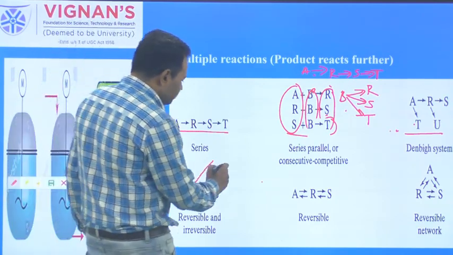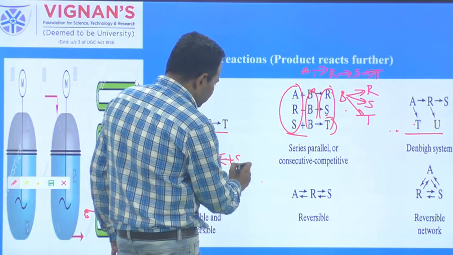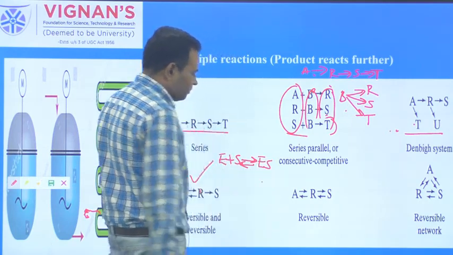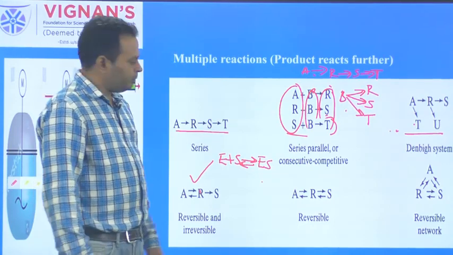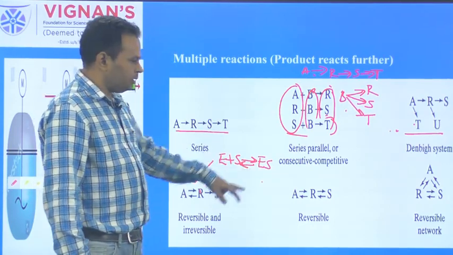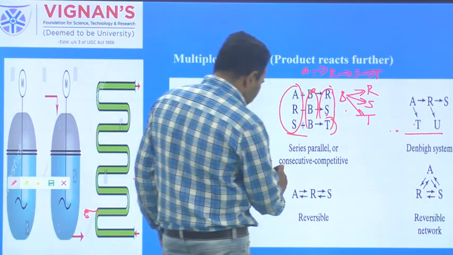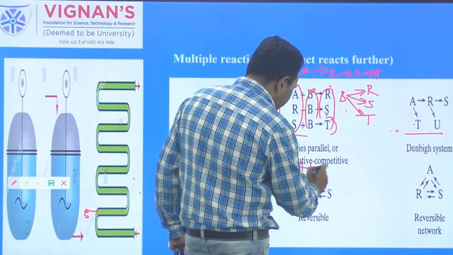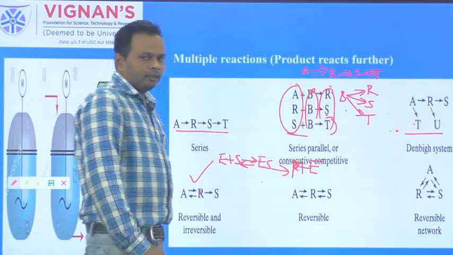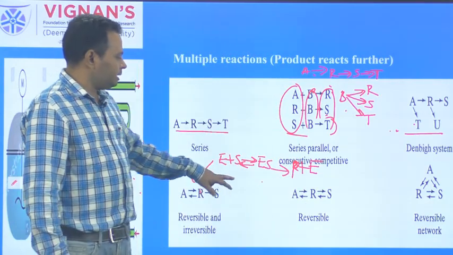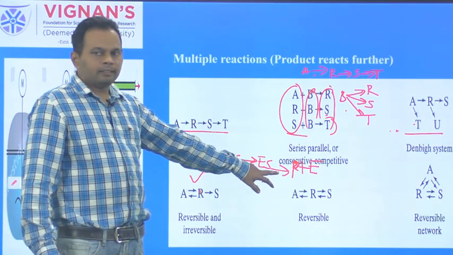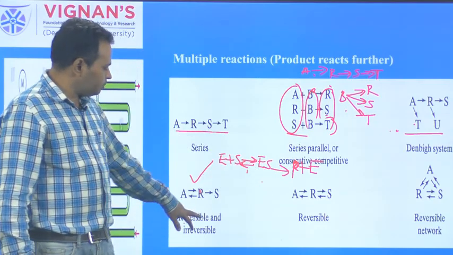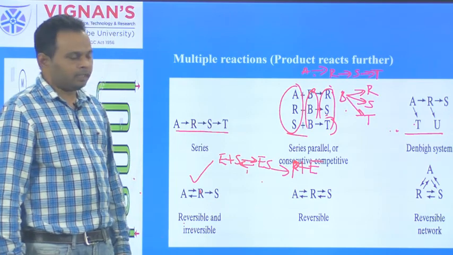When you consider the single substrate single enzyme reaction, when substrate binds to the active site of the enzyme, we can have the formation of ES complex. So the formation of the ES complex and back formation of E and S, this is the reversible one. By disappearance of the ES to get the product P and the enzyme E, this is the irreversible one. In this case, the first one is the reversible one and second one is the irreversible one. So this is the combination of reversible and irreversible series reactions.